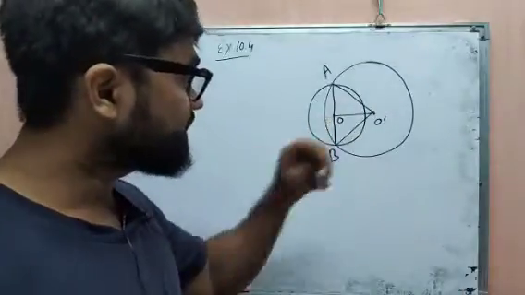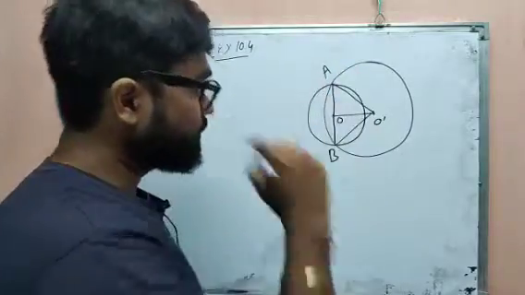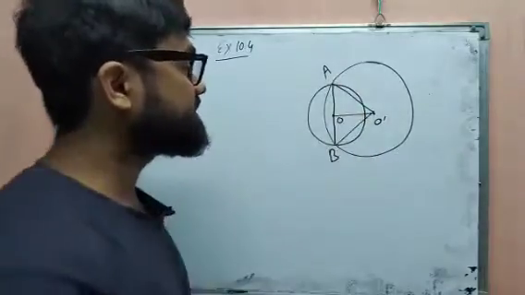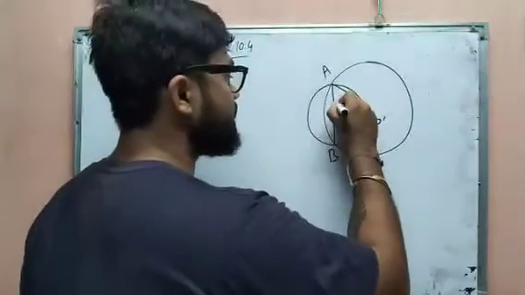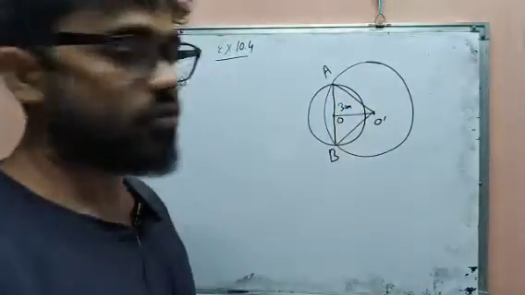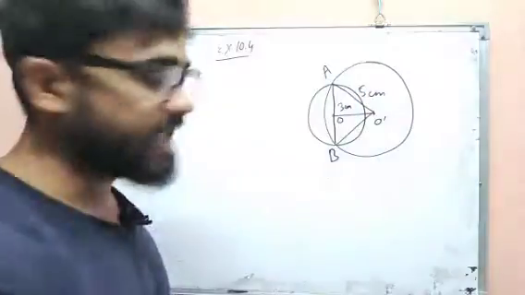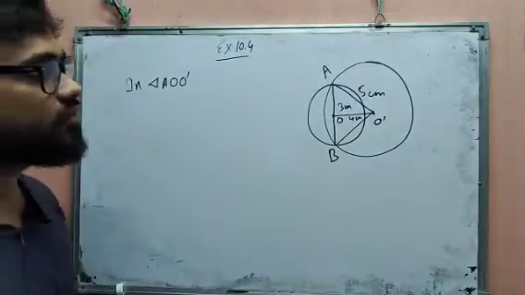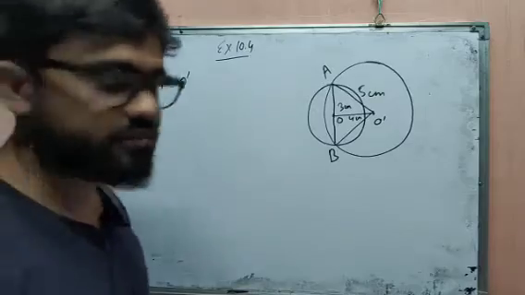Okay. Then they intersect in such a way that the intersecting points make a common chord. We have the radius 3 cm, so OA equals 3 cm. Then O dash A is also a radius, of the large circle, which is given as 5 cm. And the distance between O and O dash is given as 4 cm. So what we have to do is find the length of AB.